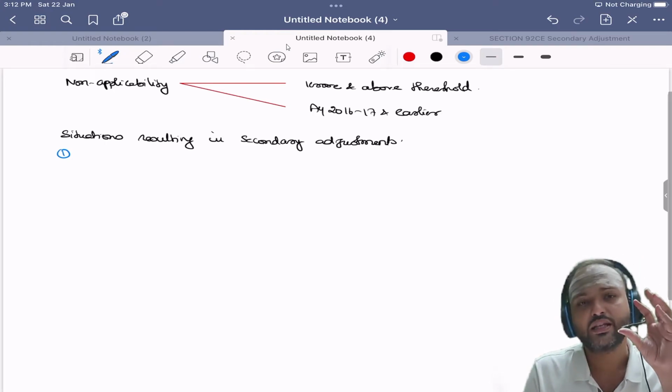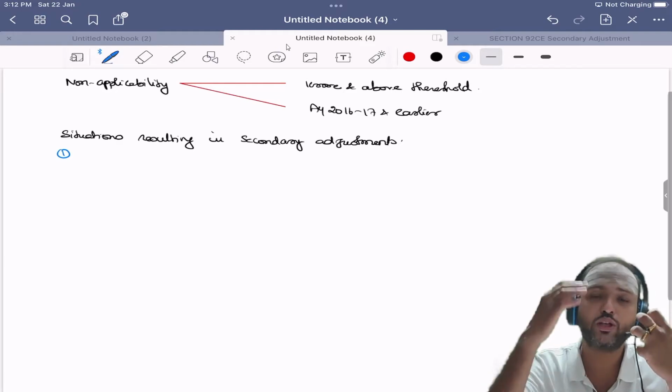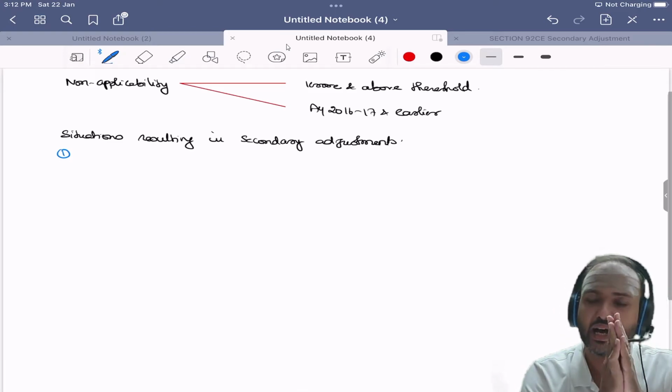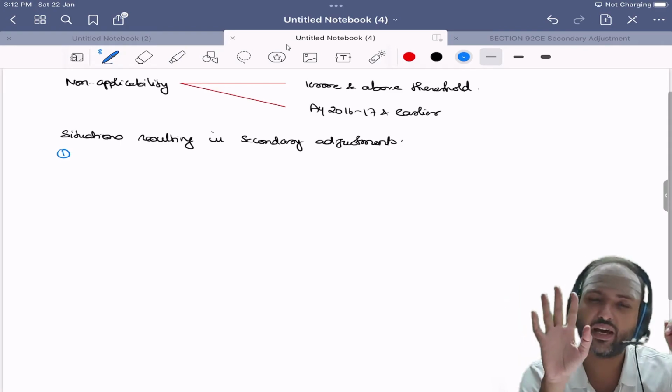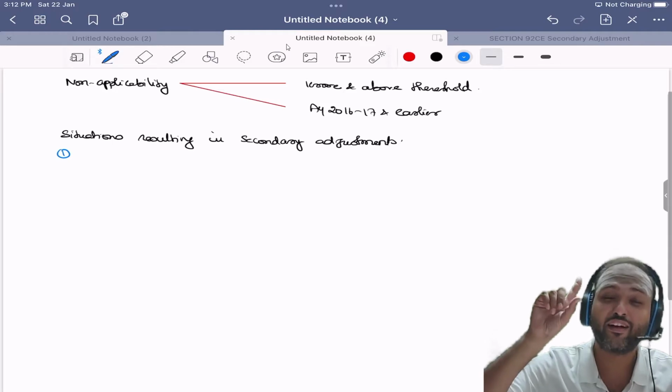Fine. Now this 3CEB, when they are about to file, they do the study and AIPL itself finds out, boss, I think we have gone wrong. The price should be 60 crores. By mistake, we have stated it as 50 crores. Therefore, I will go ahead and file the return of income.